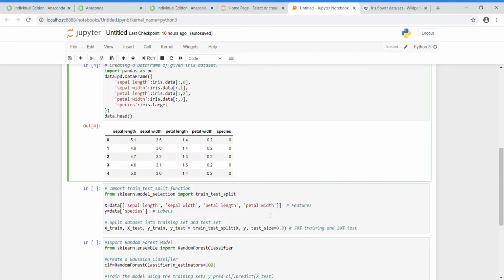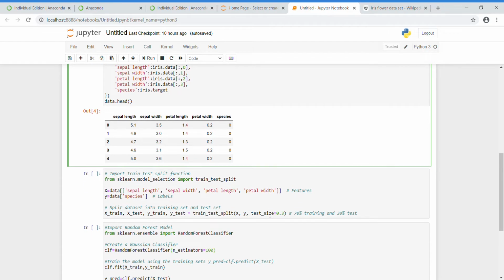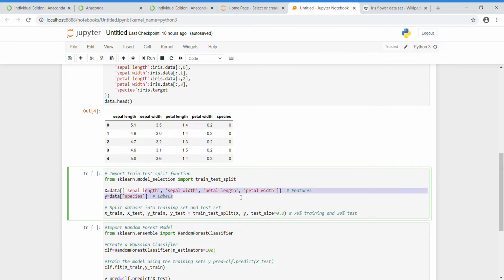From here, we are dividing the data set into train and test splits. These are my independent variables, and this is my dependent variable. The independent variables we define as X: sepal length, sepal width, petal length, and petal width are my features. Y is the species, which is nothing but my targets, my labels.